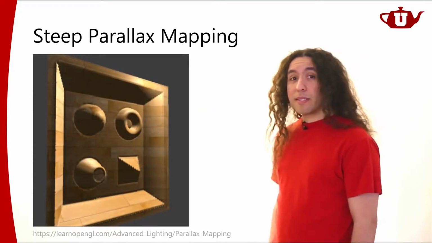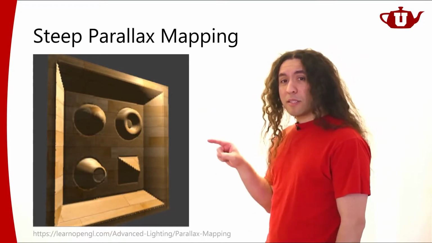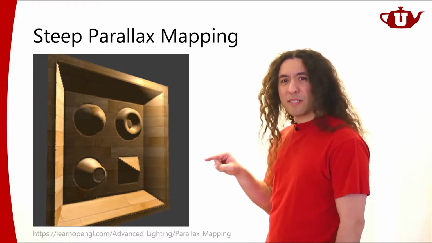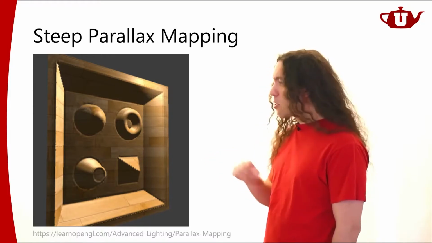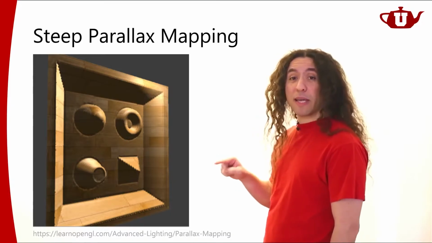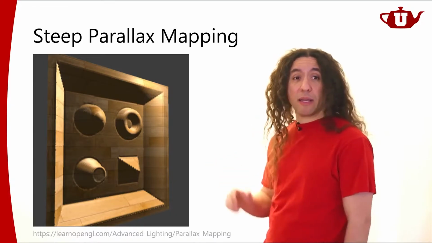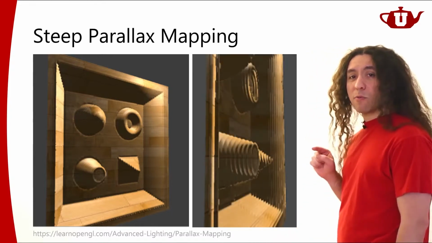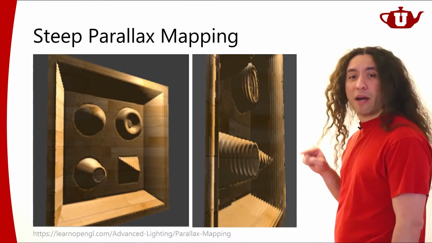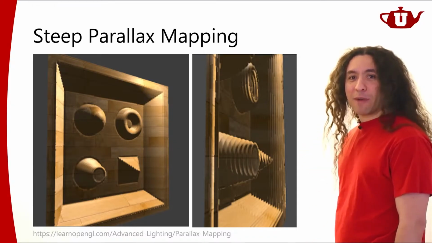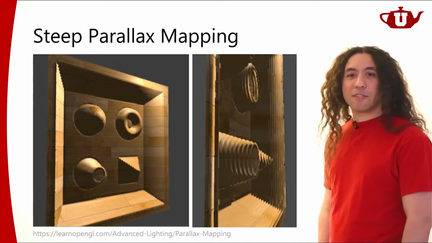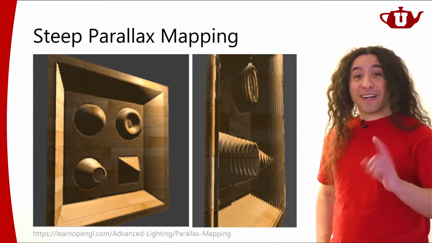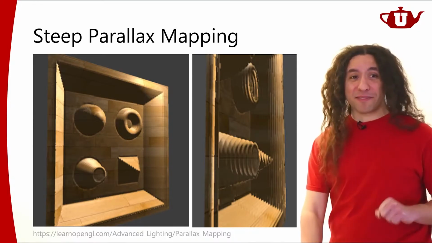With steep parallax mapping, you can still see some steps here if you pay attention. It's not perfect. There's some steps, but it actually works okay. Even from this angle, I think it's just fine. Of course, if you exaggerate it quite a bit, it's not going to work as well. In this case, you are actually seeing the individual steps, right? At some point, it starts showing it's not that perfect, right? But we can do better, and it's not that much more expensive.